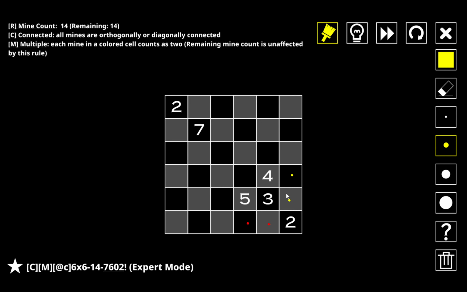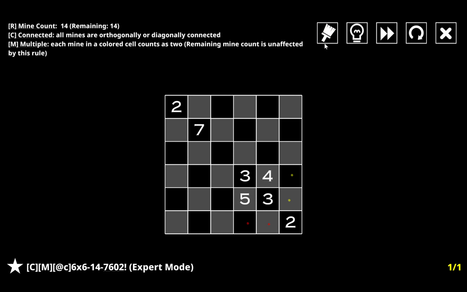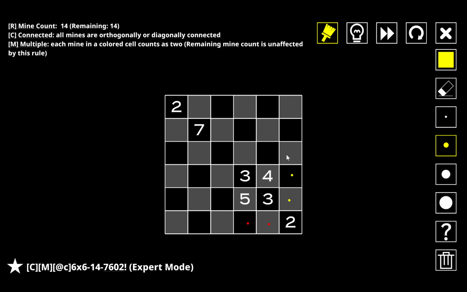In either case, what we've noticed is that the 3 clue is finished without this cell. So we can go ahead and just click on that. And actually, I might just continue with this line of argument case-wise and see what it gives us. So if we're going by the yellow case, and here I'll just mark off both of these, we know that this 4 already has 3 around it, so the only way to finish that without overloading it is